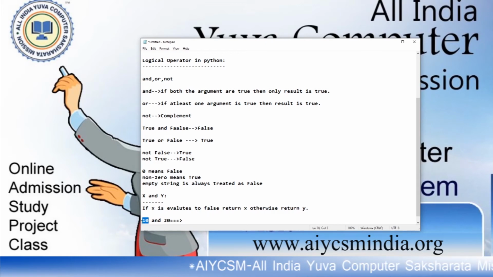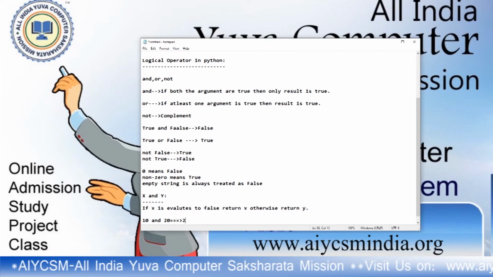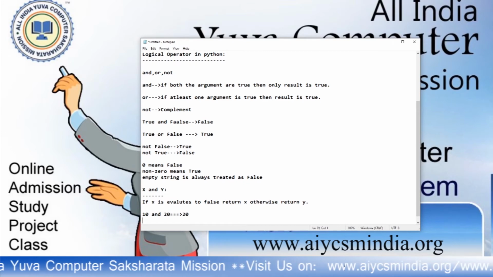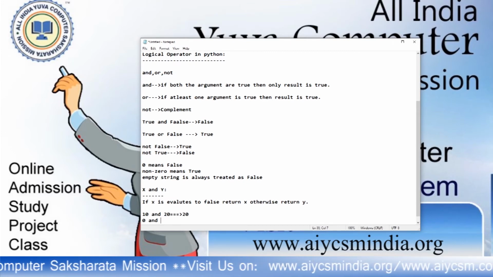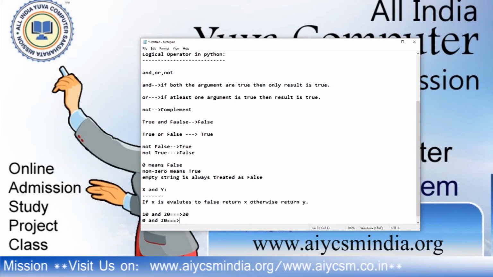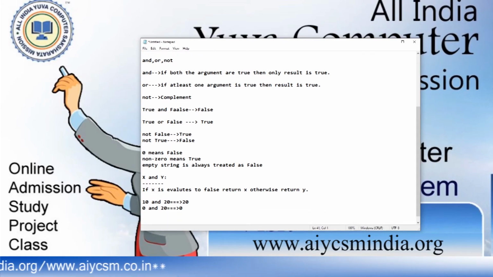If this value is not false, it returns y. So the answer is 20. Now 0 and 20: because the x value is false, 0 is false, it will return 0. That is the answer. This is actually the example of the AND logical operator.